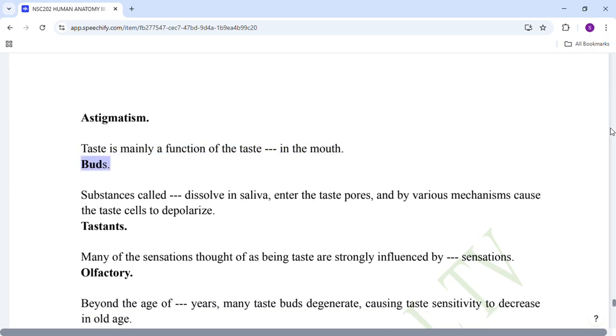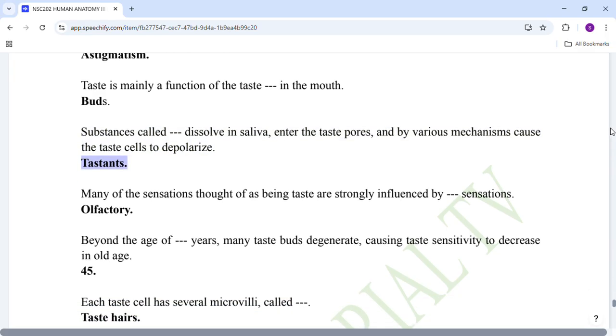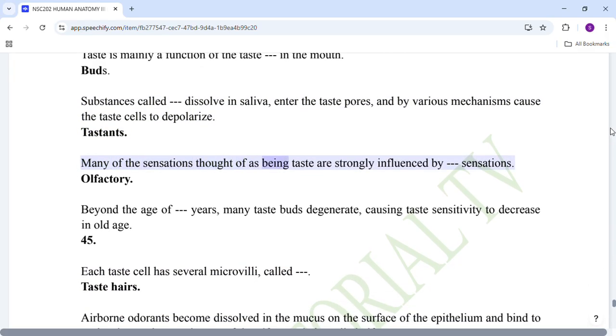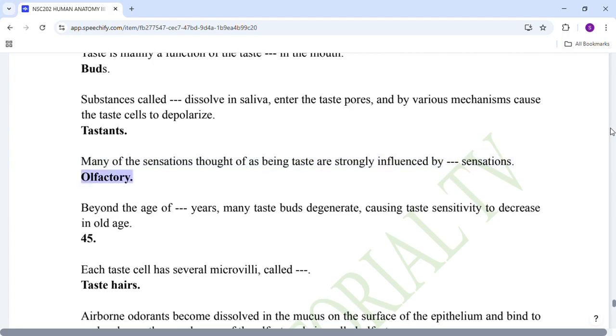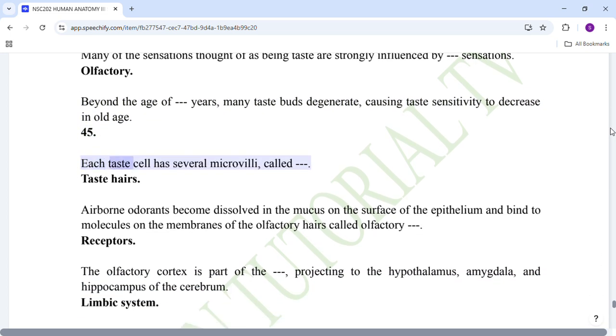buds. Substances called tastants dissolve in saliva, enter the taste pores, and by various mechanisms cause the taste cells to depolarize. Tastants. Many of the sensations thought of as being taste are strongly influenced by olfactory sensations. Olfactory. Beyond the age of 45 years, many taste buds degenerate, causing taste sensitivity to decrease in old age. 45. Each taste cell has several microvilli, called taste